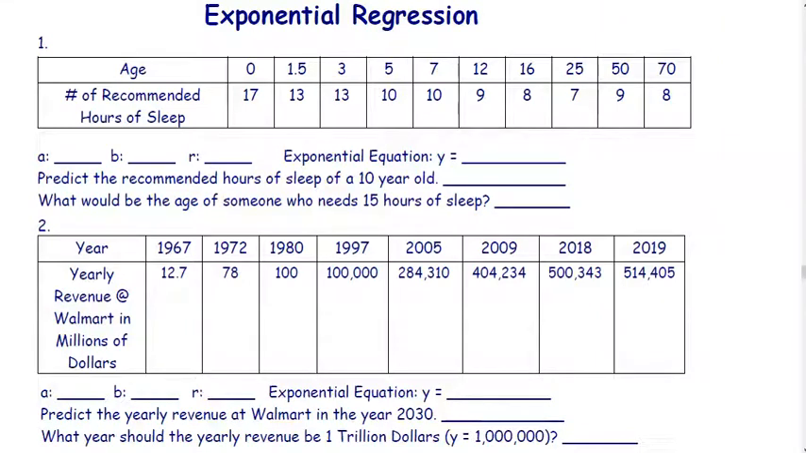Exponential regression. Let's look at number 2 for this one. Yearly revenue at Walmart in millions of dollars. Let's find the exponential regression using Desmos. So let's go to